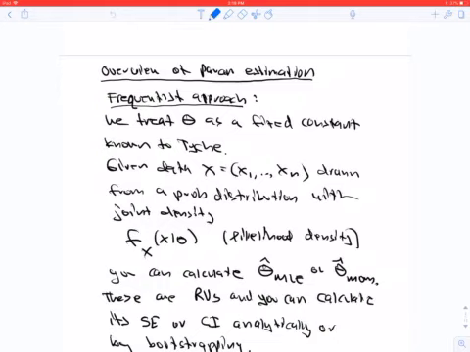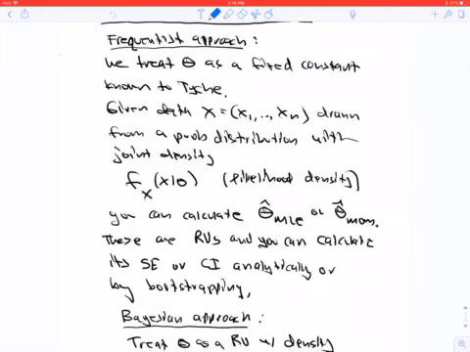That's called the MLE, or we use the likelihood density to compute moments and use that to find the MOM estimate. Those estimates are random variables for which we can calculate the standard error to get some sense of variability for